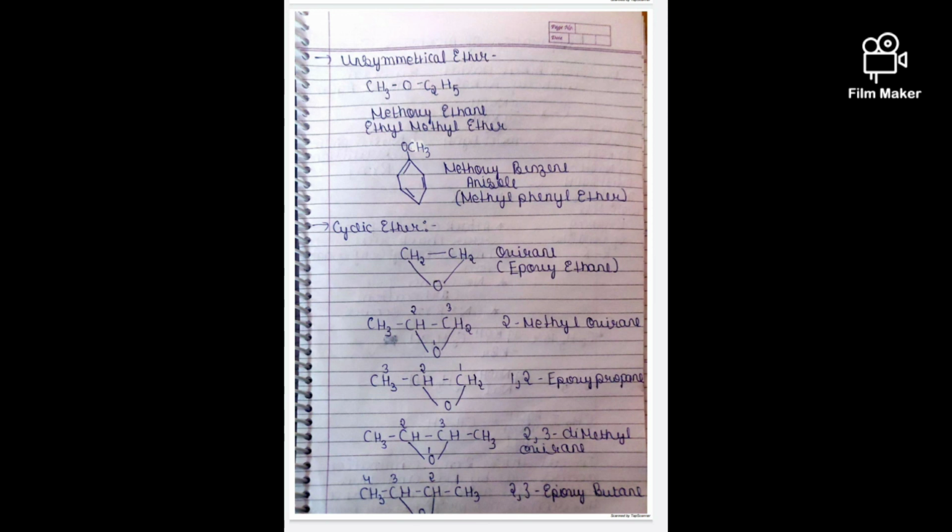Then similarly we can write for the next compound which is given. We start numbering with O for its IUPAC name, and its IUPAC name will be 2,3-dimethyl. We have methyl groups at the 2 and 3 positions, so that's why we write 2,3-dimethyl, and we treat it as a group which is oxirane. While writing its common name, we start numbering with carbon, and we write 2,3-epoxybutane, because we have that group at the 2,3 position, and the total number of carbons is 4, so we write butane.